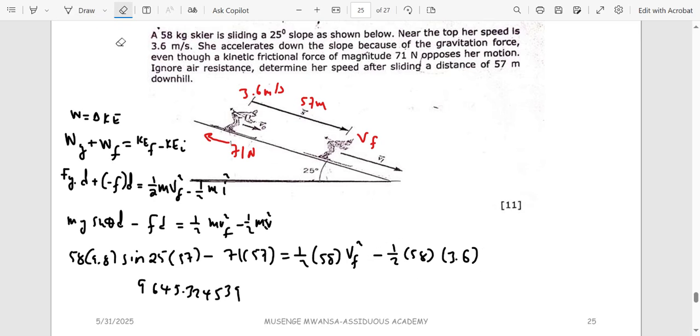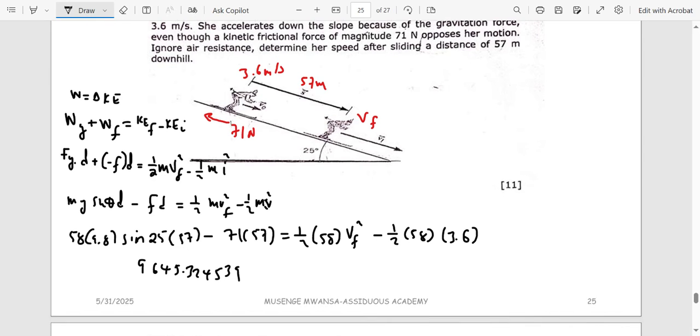If you take it to the other side, what does it become? It becomes a positive value because it's now negative. I'll write it on top there. So I'll say plus half, which is the same as 0.5. I'll multiply by 58. And then I'll multiply by 3.6 squared. Remember it's velocity. So that has given me 10,021.16454, and that will be equal to